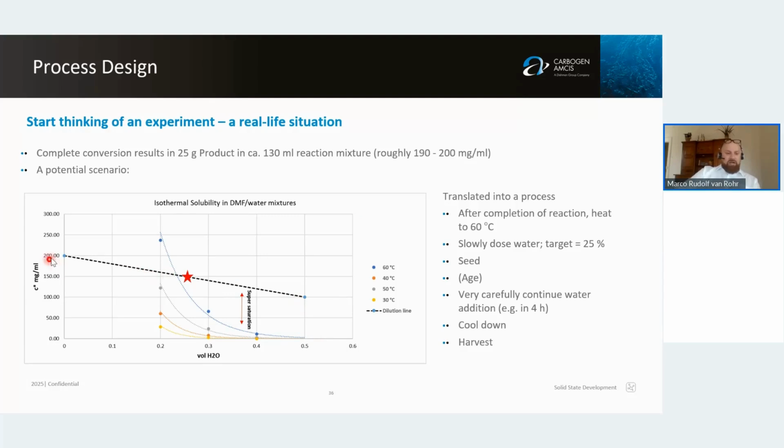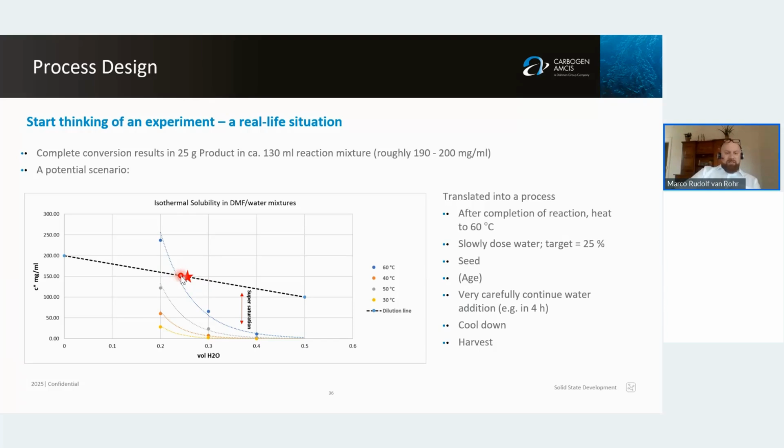But what I do now is think of a dilution line. My hypothetical situation is I start here adding the anti-solvent, and my maximum concentration in the system is going down. As I'm adding water, the volume increases, but my 25 grams of product still stay the same. If I go to a 50% amount of water, I will exactly have the maximum concentration in my system. And when crossing this line,